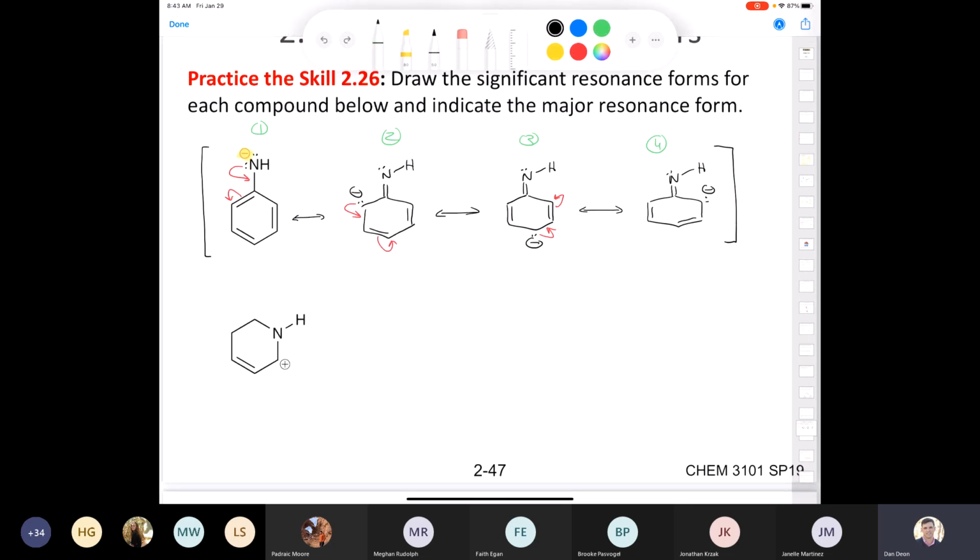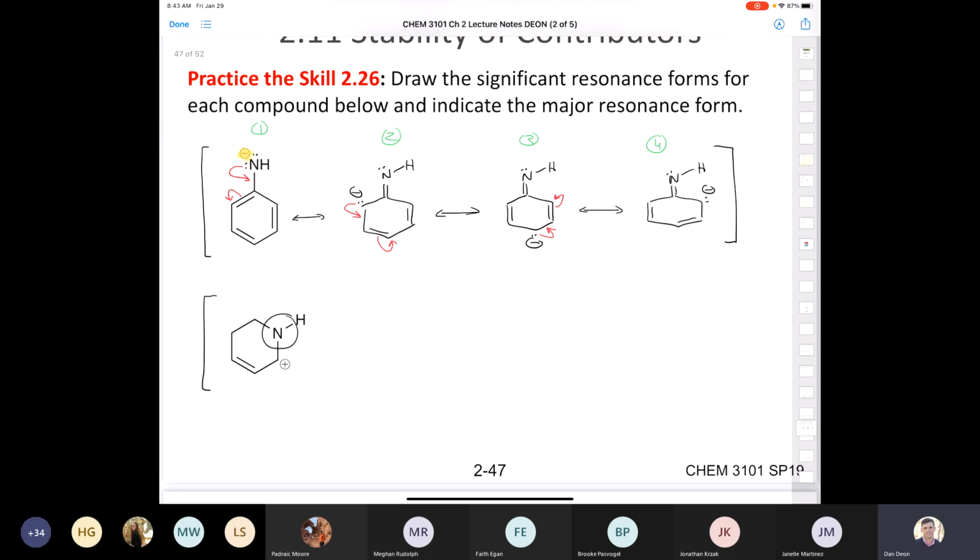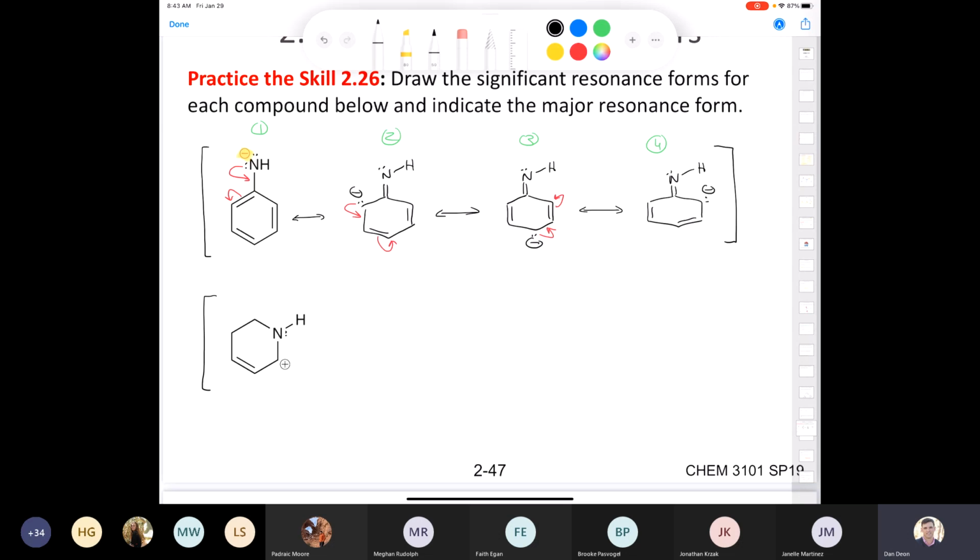Well, let's try the next one. I'm going to go over this one a little quicker. Going to have to speed up a little bit. If we look at this molecule, we know that this nitrogen has 3 bonds and that it's neutral. Therefore, it's got to have a lone pair on it. Well, looky, looky. I've got a lone pair and I've got a positive charge next to it. So I could fill that in like this to make a double bond and put the positive charge on my